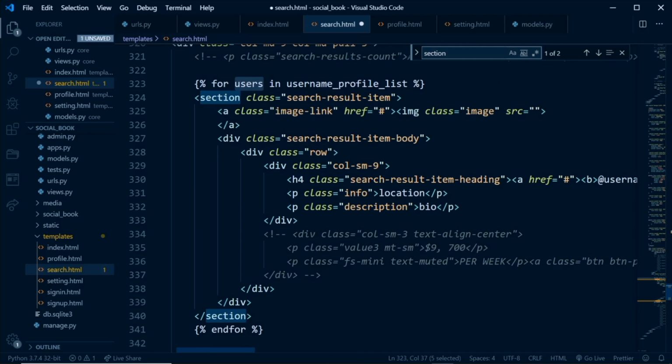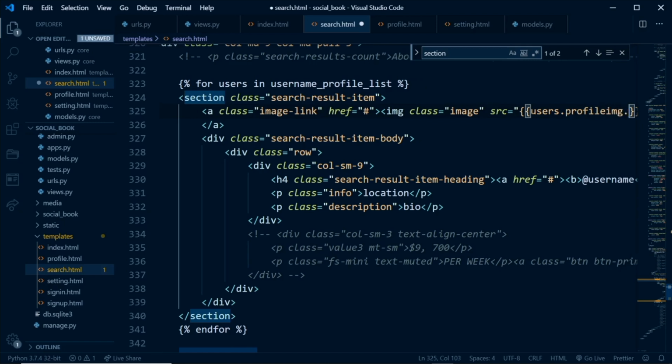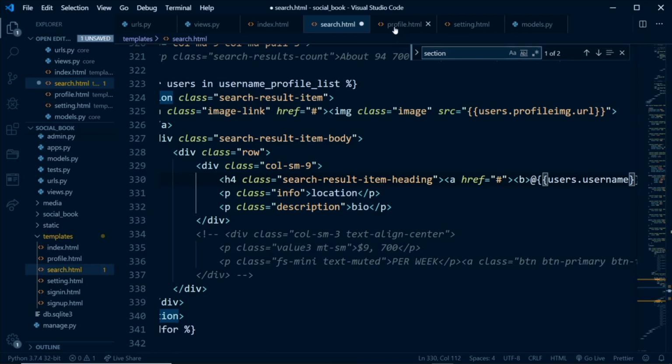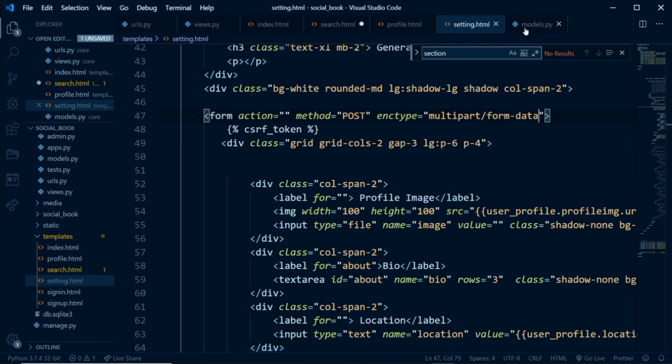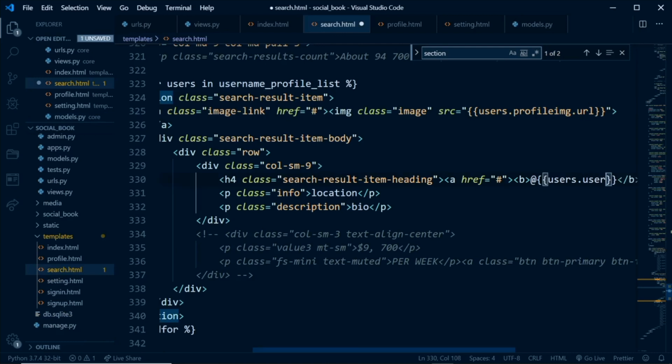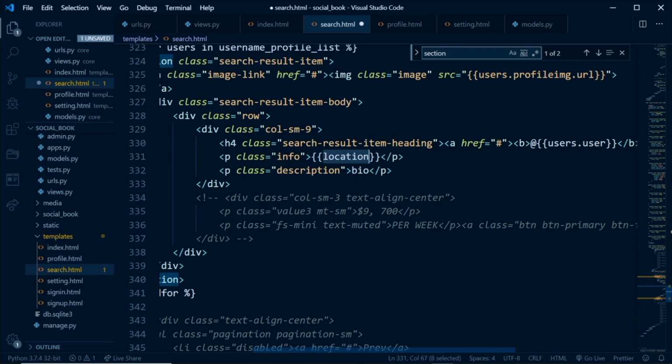Now that we end that for loop, we can now use this to customize it. So what we want to do now is to get the profile image. So we'll say users dot profile img dot url, and then we want to get the username. Say users dot user name. So if you come into profile models, actually if we come into these models, we have to say user dot user. What we can just do right now is to say users dot user, and after that we're going to do the same thing for location. Say users dot location,